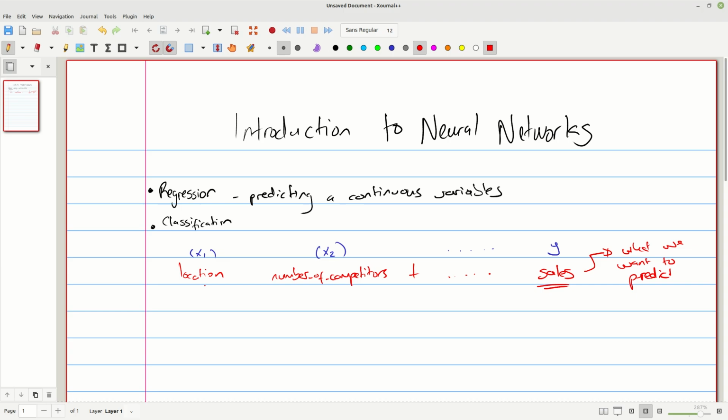And how do we weigh what features are important when we're trying to make this prediction? Well, we multiply each feature by a weight. So we say W1 times whatever the value of this feature is, and then plus W2 times whatever the value of this feature is, and so on. I'm just giving you a rough idea of what features are and what the target we're trying to predict actually is. So typically that's how we solve for regression problems.